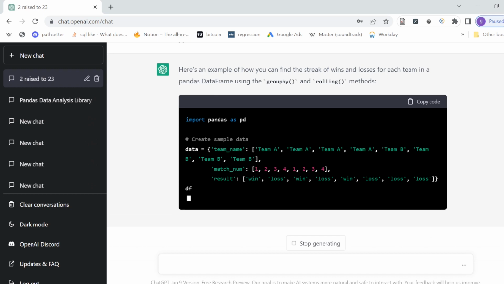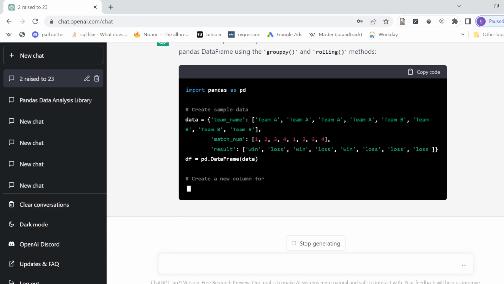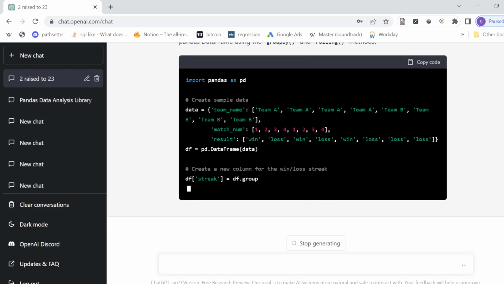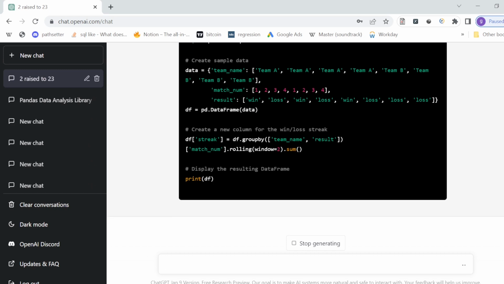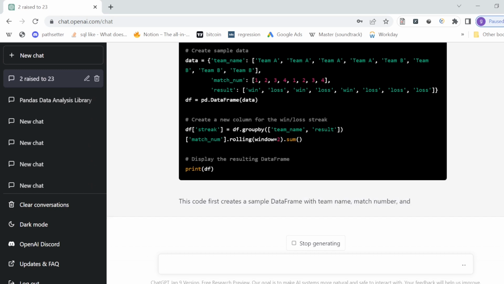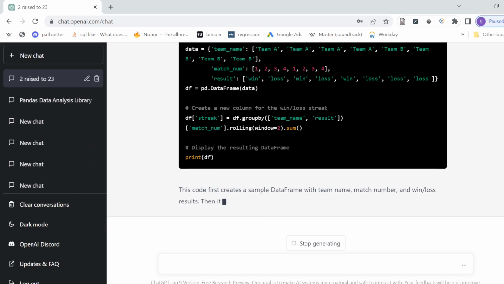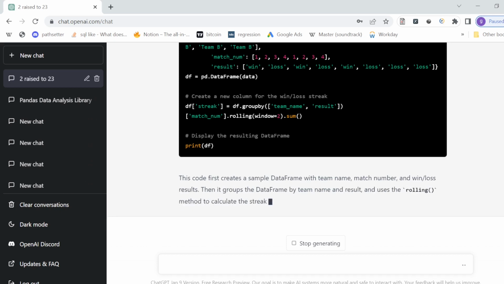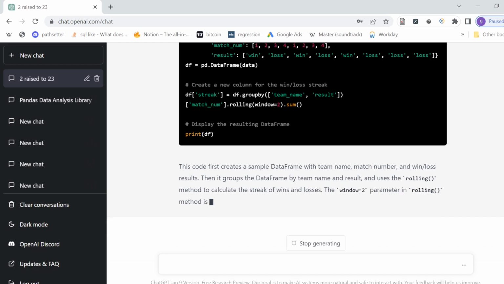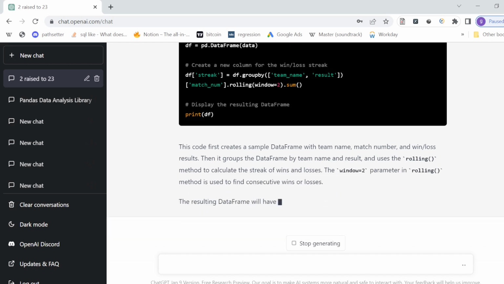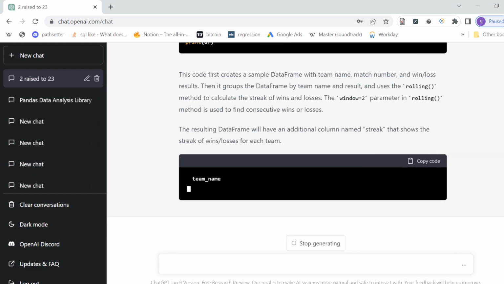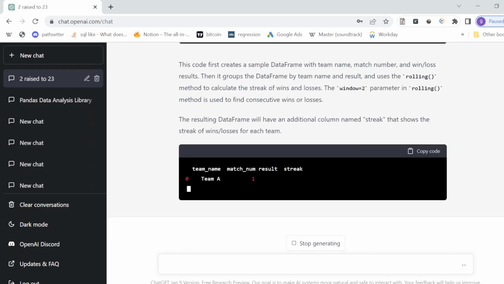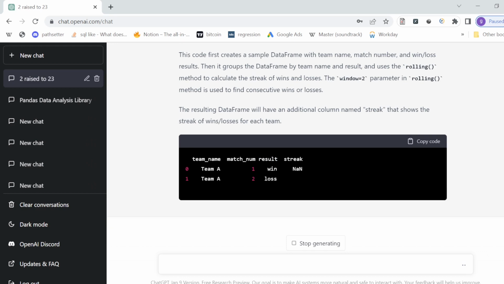Like it's creating a sample data frame, and then win-loss streak, it's going to show grouping by team name, perfect, result, and then rolling, window equal to 2, so it will do the streak for that row and the previous row of the same team. Cool. I would probably use a lambda and a group concat of string, but I think this is also pretty interesting. Like it's giving you the value, and yeah, as you see,